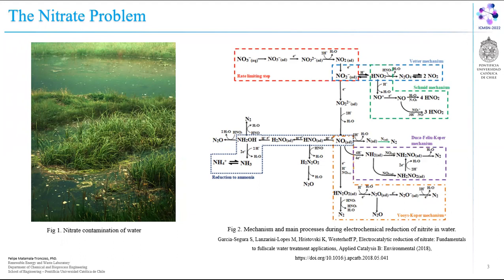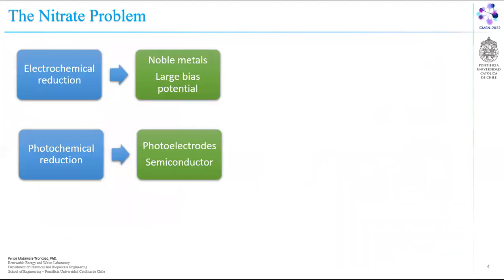But essentially, if we want to generate hydrogen carrier molecules from nitrate, we need to use an acidic medium to give the necessary protons for the reactions. If we want to use electrolysis for nitrate reduction, we will need a large bias potential, and probably we need to use another metal like uranium as electrocatalyst. On the other hand, using a photocatalysis system, it is possible to perform this reduction with a semiconductor such as cadmium sulfide or other semiconductors, but the most widely used semiconductor has been titanium oxide,